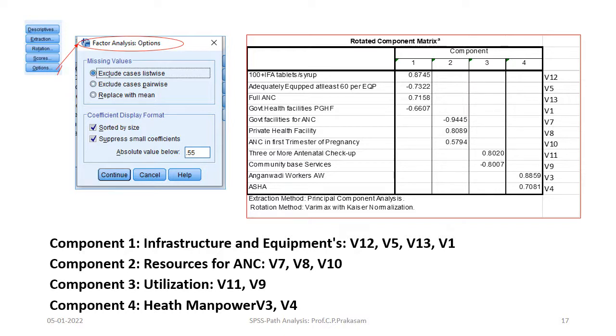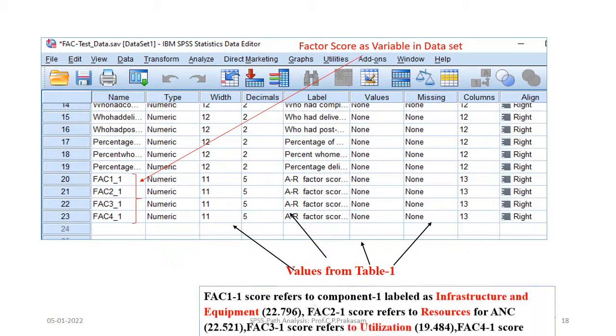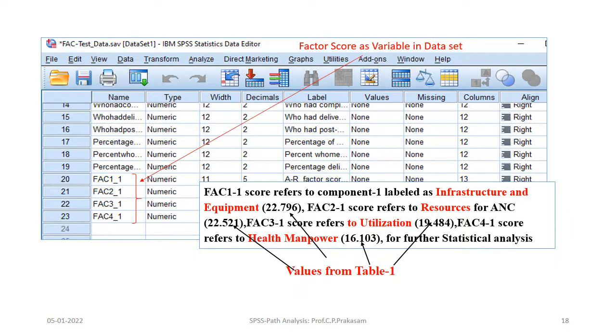For these factors, the related scores, as we have discussed, you can see as variables in the data set. You can observe them in the variable view in SPSS. Here, these are the 4 factors, referred to as factor scores. FAC1 is labeled infrastructure, and its contribution is 22.71 from table number 1.